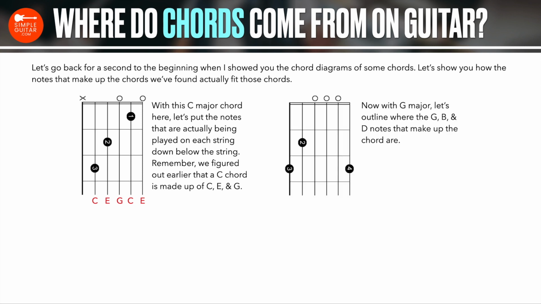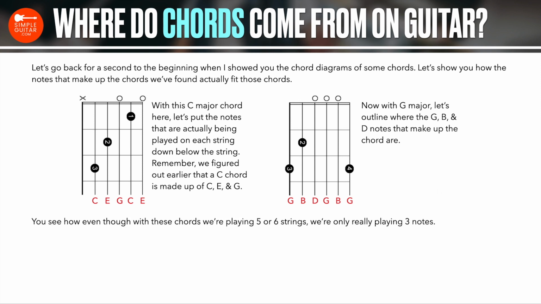Now with this G major, let's outline where the G, B, and D notes are that make up the chord, right? So we have G on the 6th string, B on the 5th string, D on the 4th string, another G on the 3rd string, another B on the 2nd string, and then a third G on this 1st string. So you see how even though with these chords we're playing 5 or 6 strings, we're only really playing 3